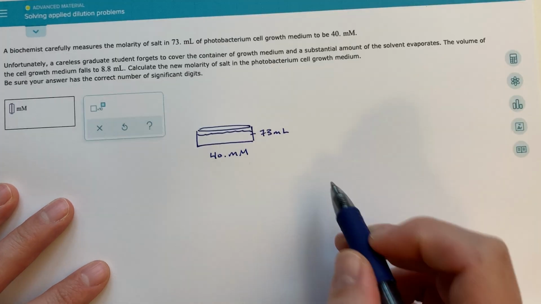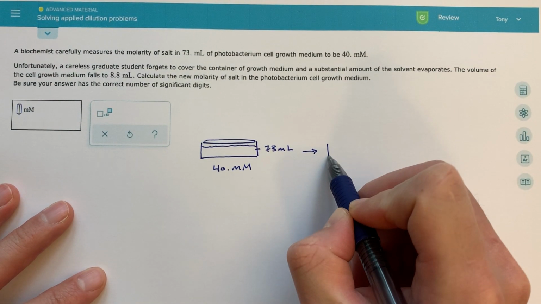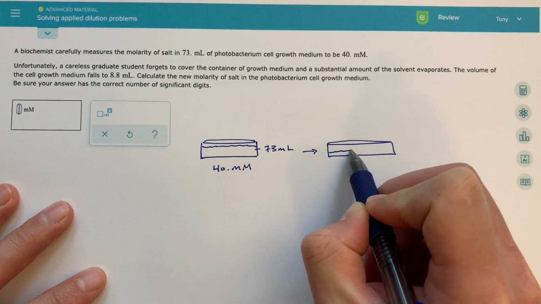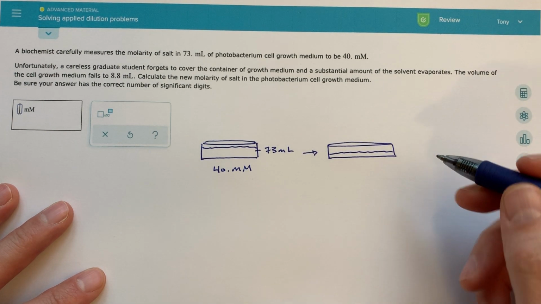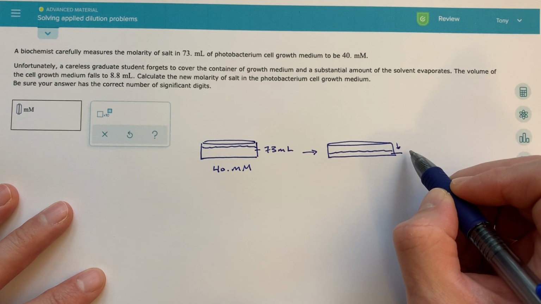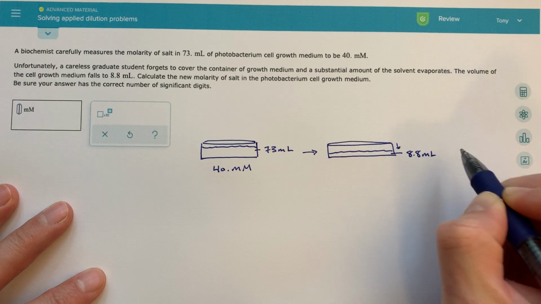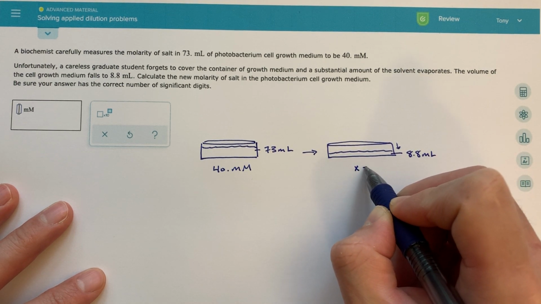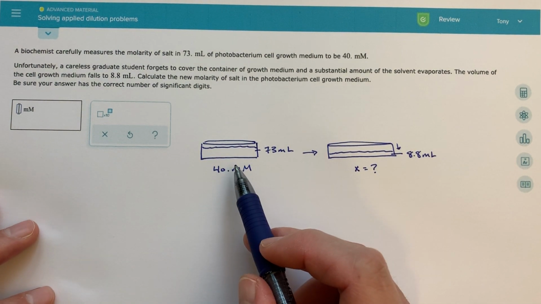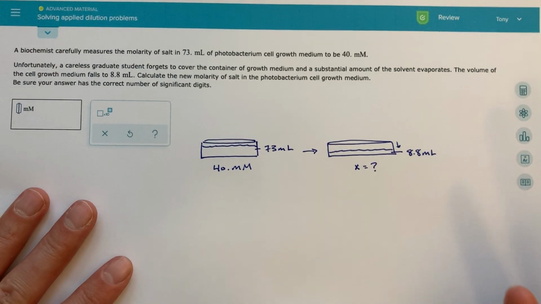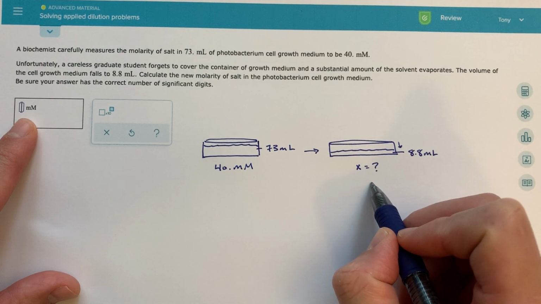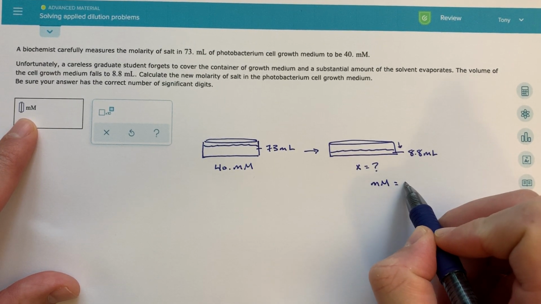millimolar, and then we leave it uncovered. I should have made these a little bit bigger. Our solvent level decreases, right? So we've decreased our solvent, so we've concentrated our solution here. This is now 8.8 milliliters, and we're asked to figure out, what is the concentration of this new solution. So essentially we've started at this case here, and then we go to this case here where we're evaporating some of that solvent. So what we're looking for is, again, the concentration in millimolar, which is going to be the